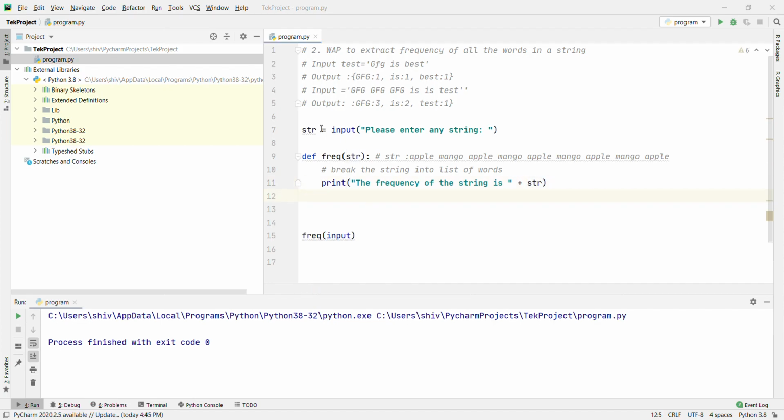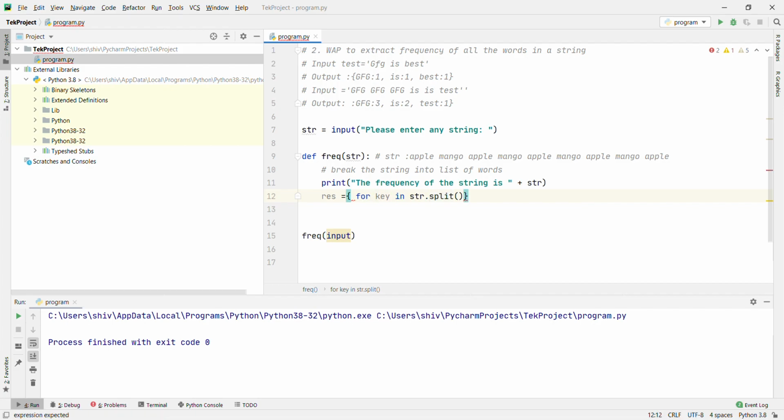Now we are going to use result equal to, and a for loop, the same key in str.split, right? The same we are using. Now key is coming here.